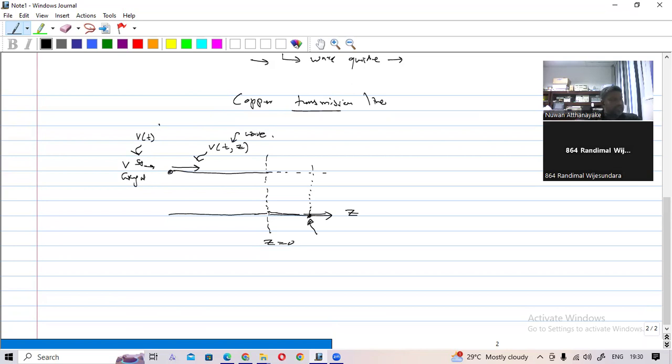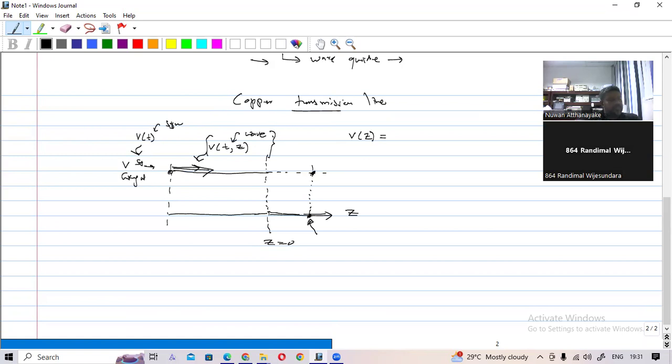Once you feed the signal to a transmission line, that signal starts to propagate, so it will become a wave. If you consider the general point voltage wave Vz, that is equal to